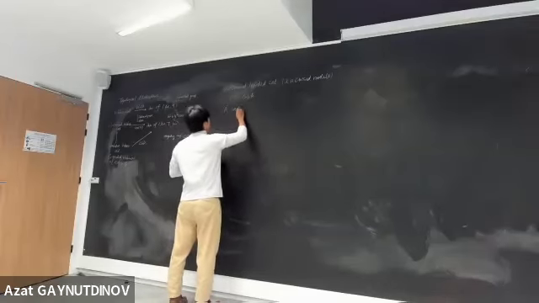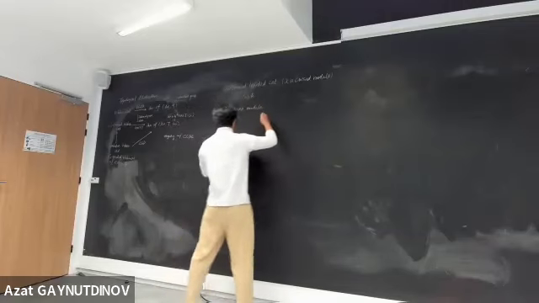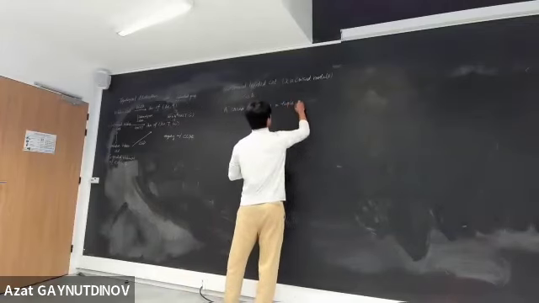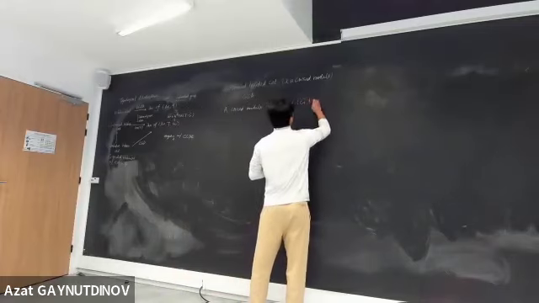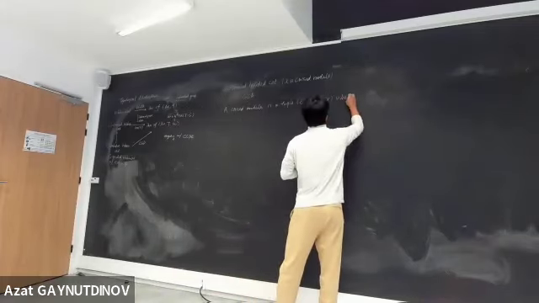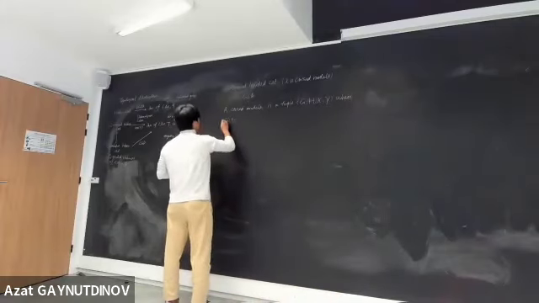A crossed module is such a tuple (G, H, pi, gamma) where G and H are groups,